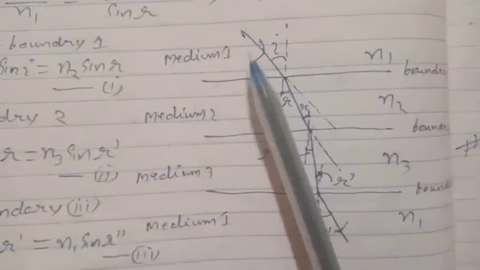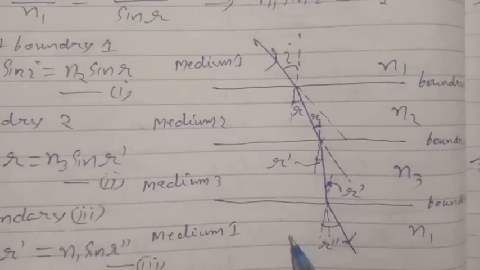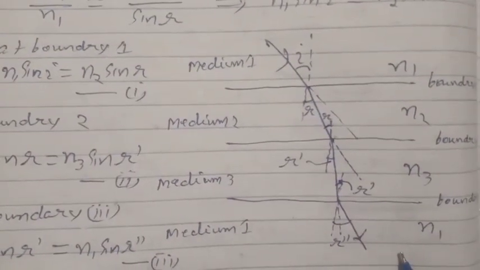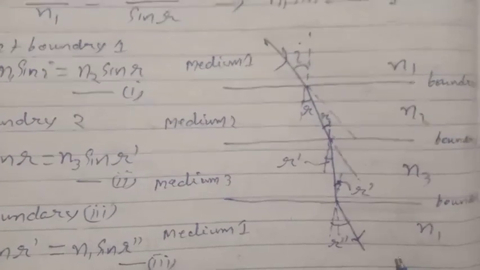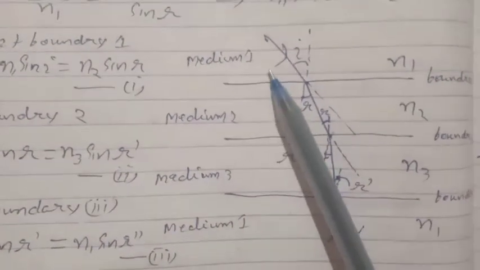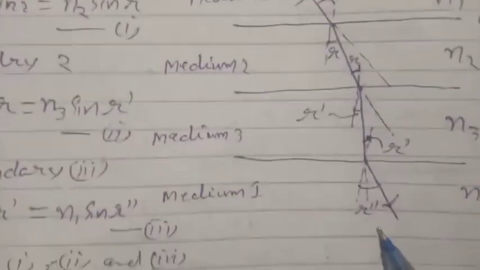That is, after passing through two different media, light comes out again in the same medium. Then a relation can be derived between the angle of incidence i